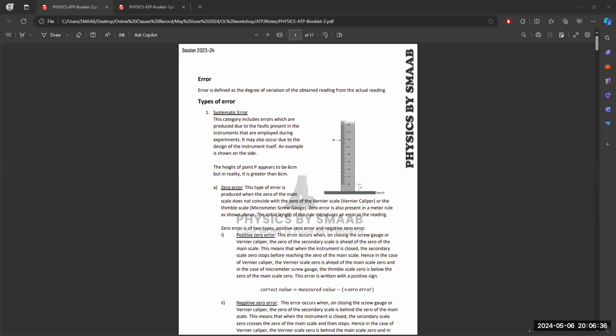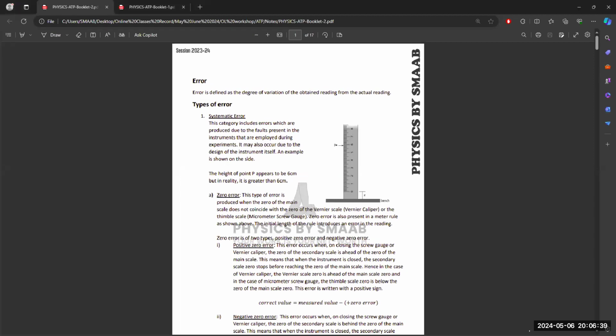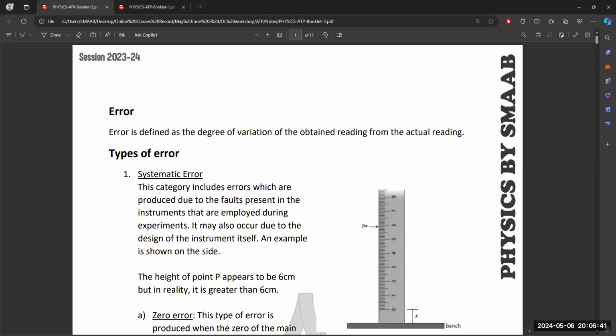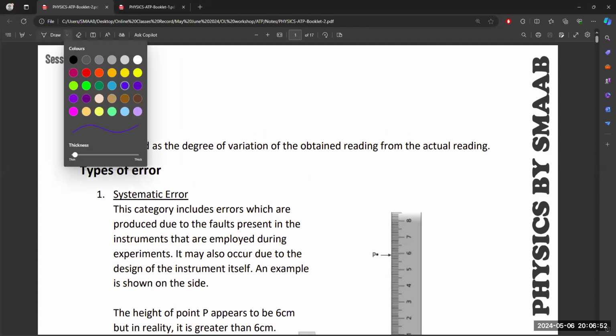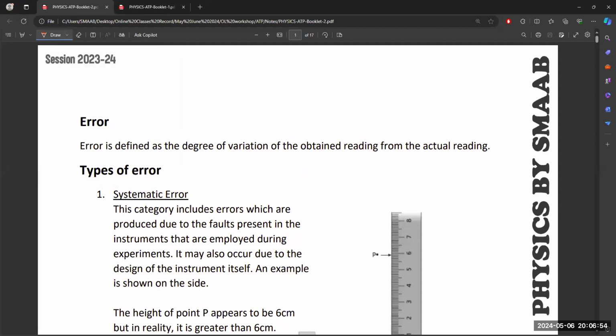Okay, so today we are going to discuss the ATP paper, that is paper number 6 in IGCSE. And you know that paper 6 is for a total of 40 marks,